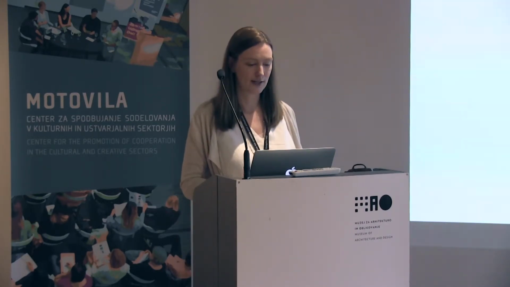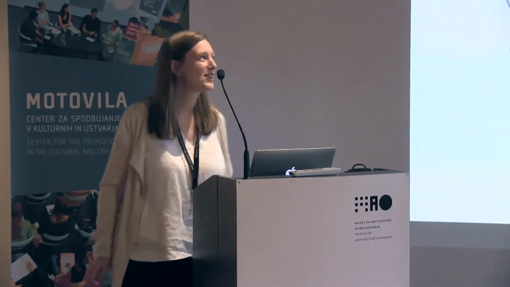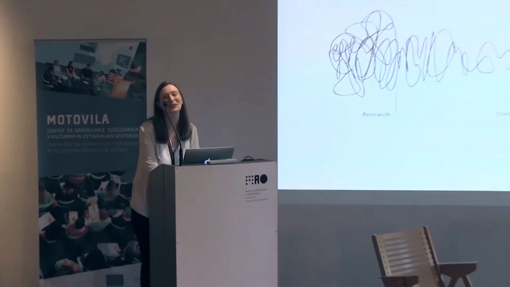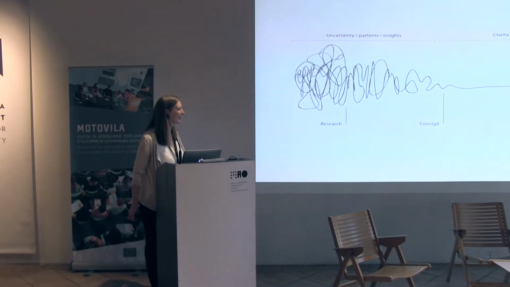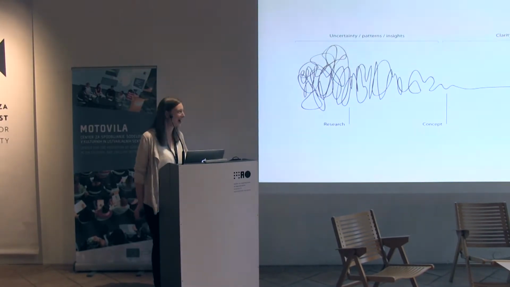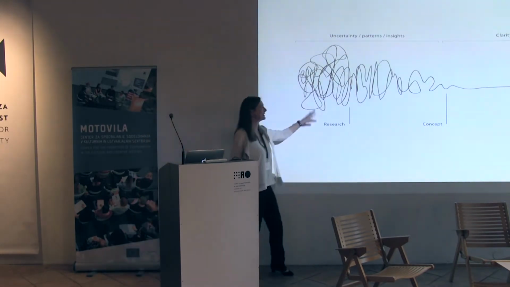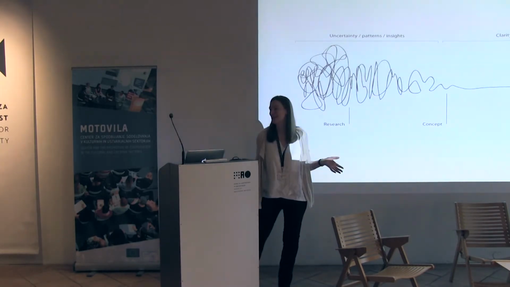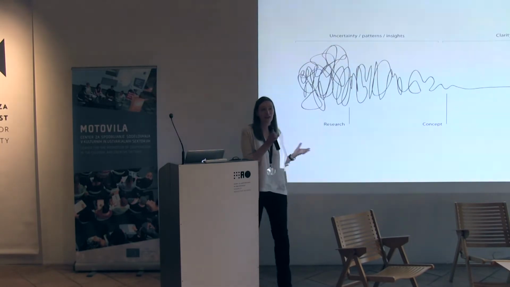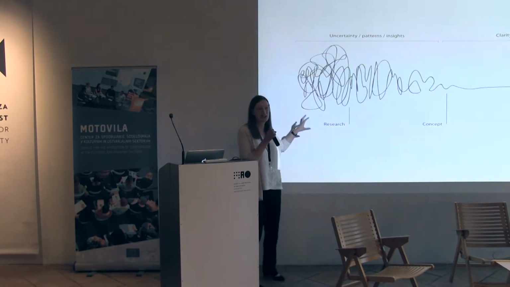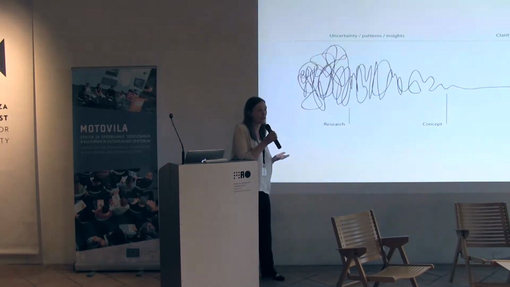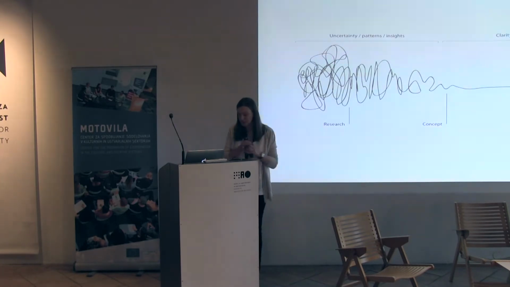So, business model innovation, I've got a beautiful diagram which describes exactly how it looks and feels, and it looks just like this. Hopefully that should make sense to you all. So this is a squiggle from Damien Newman. Thanks, Damien, for letting me use this. But it really is how business model innovation looks and feels. So at this early stage, the research stage, it feels messy, and that's good. Let's just embrace the uncertainty and not worry about the fact we don't have the answers at this stage. This is a good thing. We're in the research stage, we're exploring options, we're looking at ideas. We're going to be asking a lot of questions of people to find out what's relevant to them. We'll explore that this afternoon.